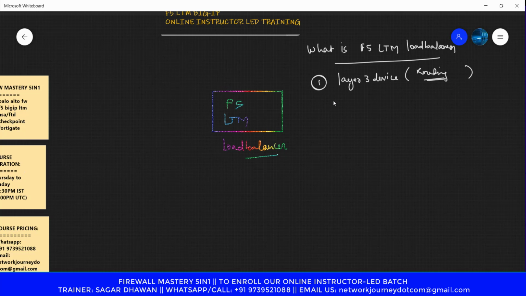All the interfaces are configured with IP addresses. What else about load balancer? It is going to be similar to a router, but it can do much wider features which routers cannot do. A router cannot do load balancing to the servers, right?